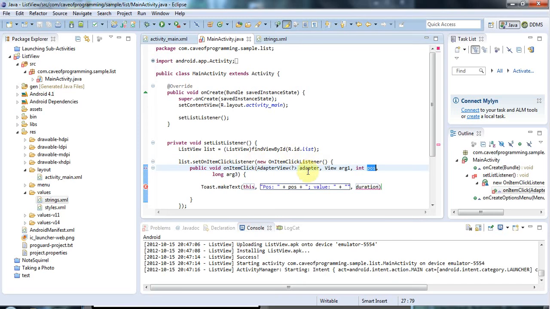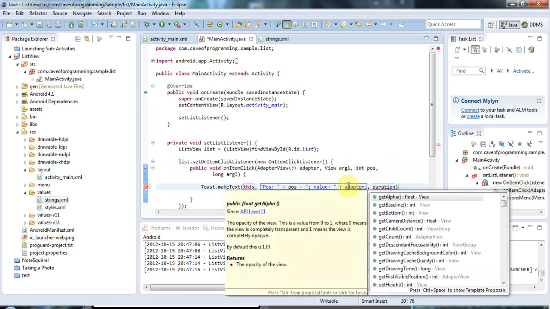And this adapter, what this is, it's a thing that takes, in this case, the array of strings and turns them into list items. So it's adapting the strings to list items, if you like, because the actual widgets in the list are kind of list items, and the things that I've supplied are strings, and this adapter class translates from one to the other, and we can use that to get the actual value that the user sees by saying adapter